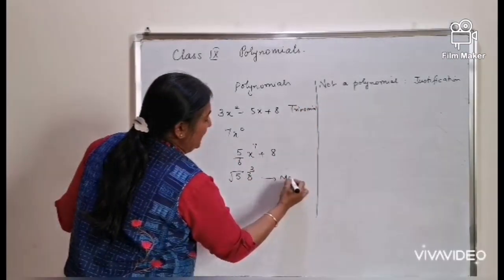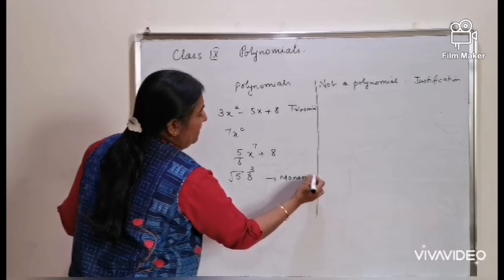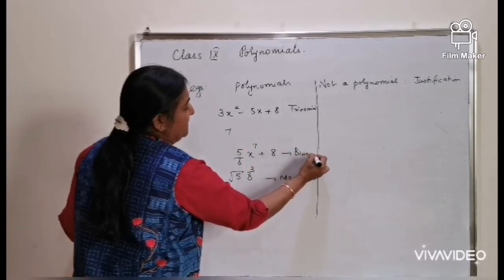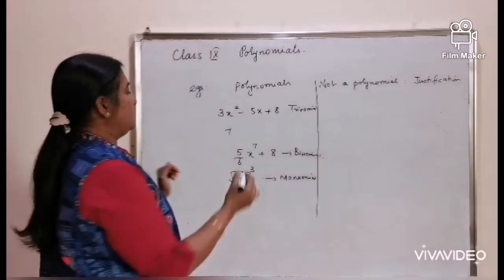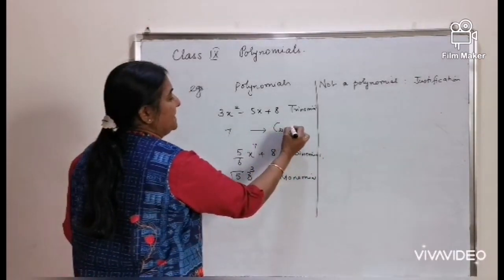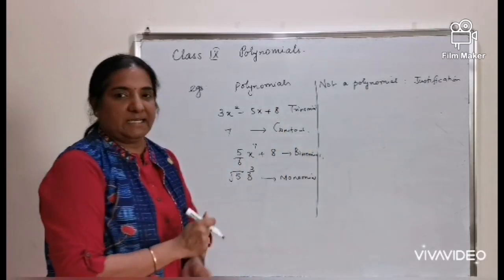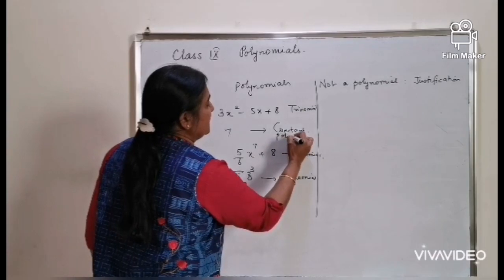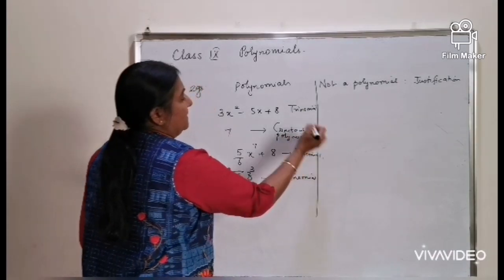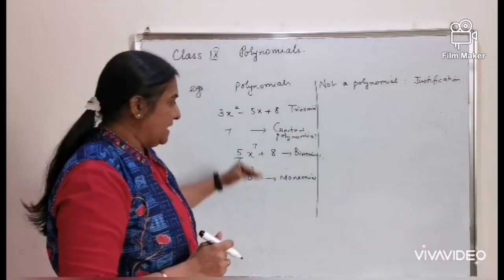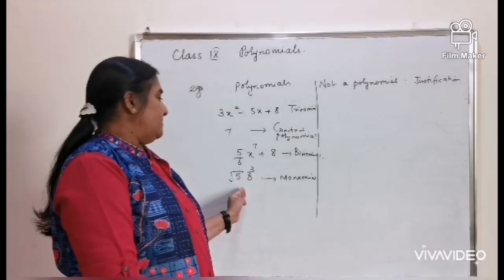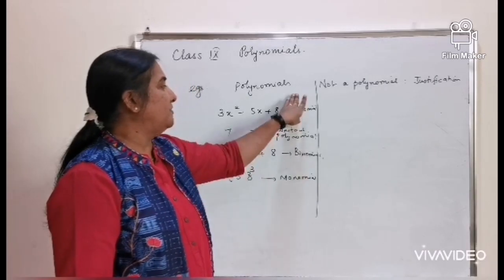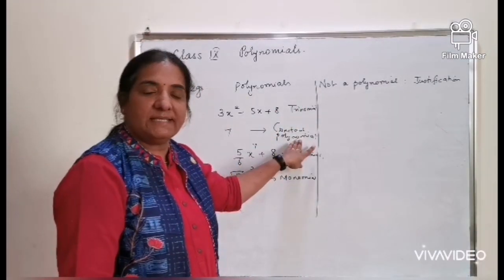This is a monomial, or this is a binomial. The examples are already here, and now 7 is a constant, but still it is a polynomial. You can call it a constant polynomial. There are the examples of polynomials, as well as the term-wise distribution: monomial, binomial, trinomial, and a constant